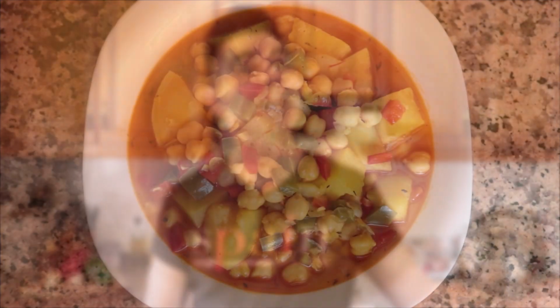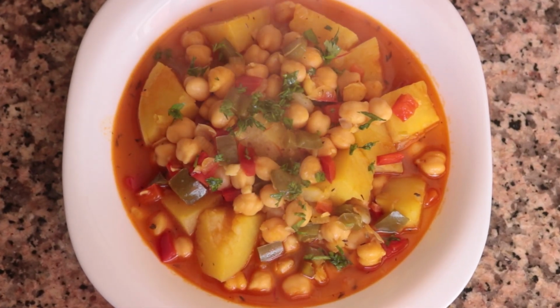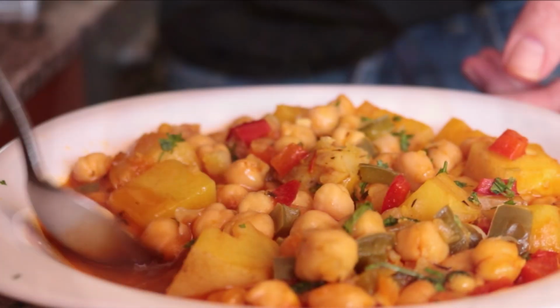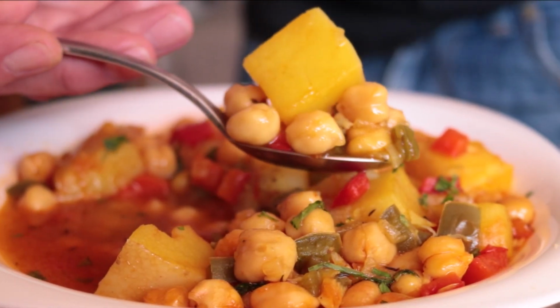Today, we have another great recipe. We're making a very classic and traditional dish from Spain. We're talking a Spanish chickpea stew with vegetables. This dish is known here in Spain as un guisado de garbanzos. And let me tell you, it's one of those dishes that when you take that first bite, it instantly transports you to Spain because it has so many great Spanish flavors. But the best part, it's very easy to make, made with very simple, everyday Spanish ingredients, and it comes together